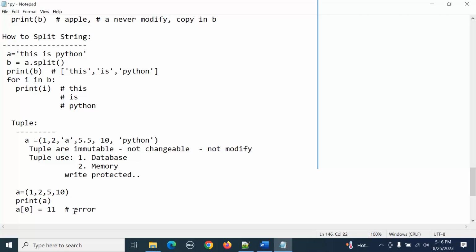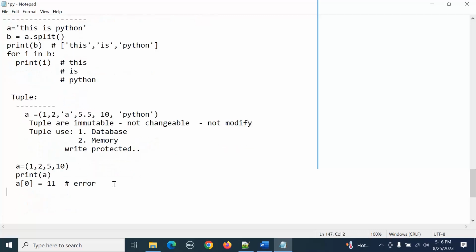So if you want to modify, how can we do it? How is a string modified? Simply the string is converted into a list, and we can modify it and convert it back to a string. Here also it is the same. First convert the tuple into a list, then modify it, then convert back to the tuple. So now how can we do it? Tuple to list, how can we do it? Similarly, we can just take this one,